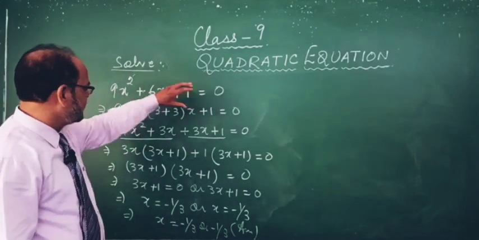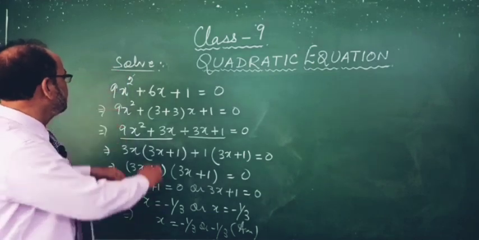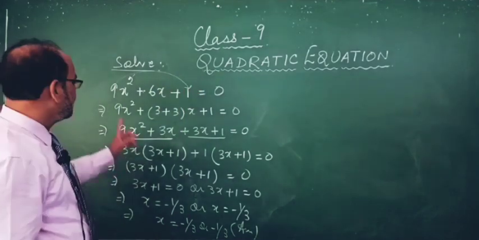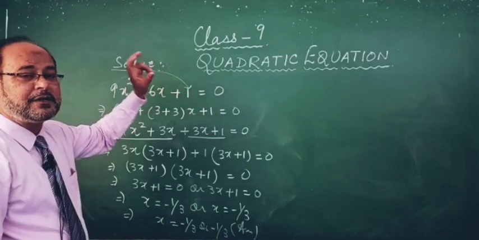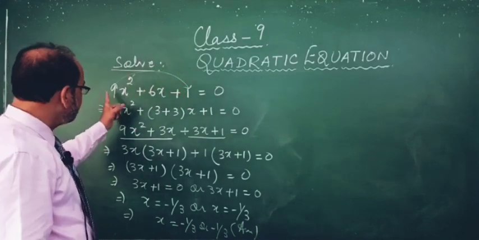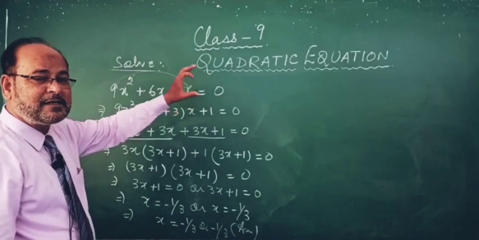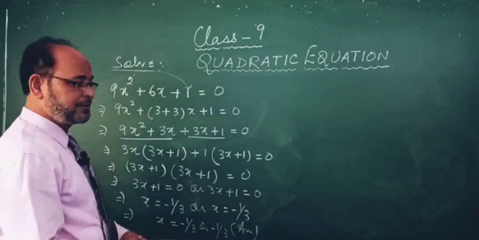Now get it very clear. If any coefficient of x square is given, first of all you will multiply that number into the given constant term. Product will be 9. Now you will find the factors of 9, not 1. Make sure: multiply the coefficient into the constant term. Whatever number you get, that you will factorize. So this is the way you will do this question.